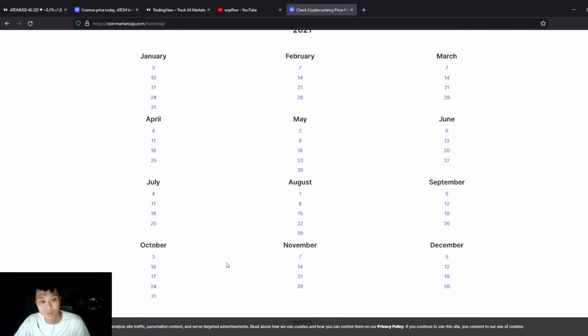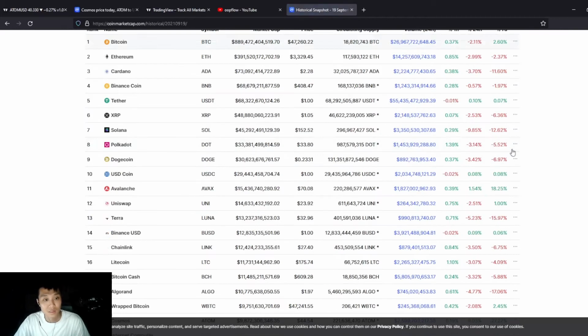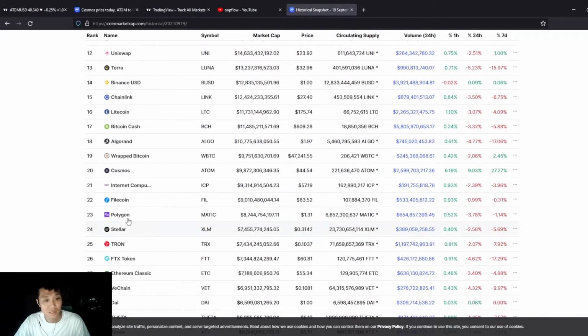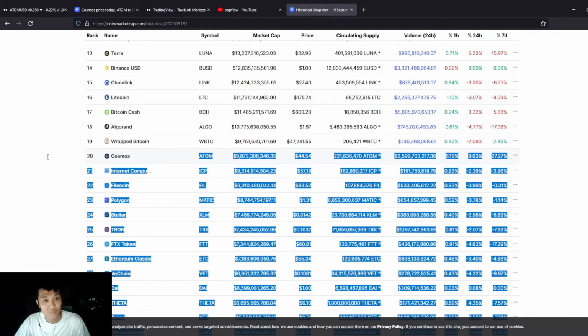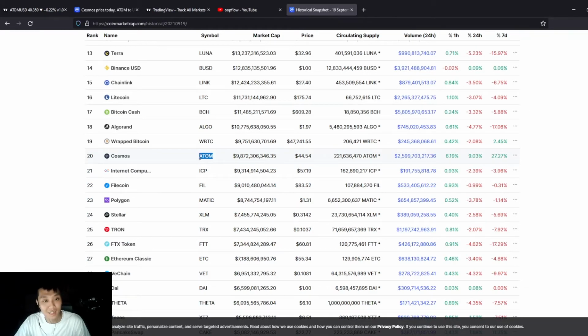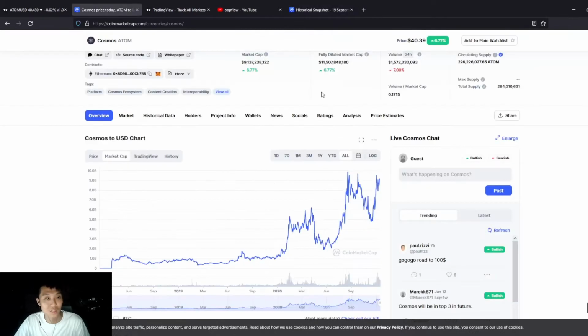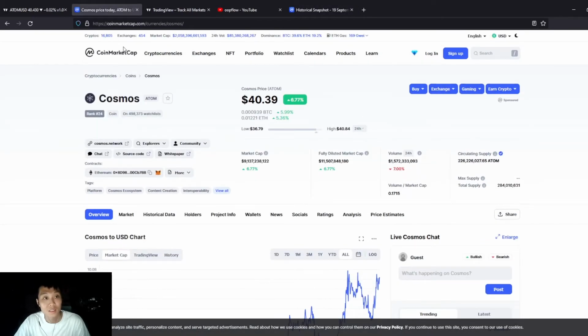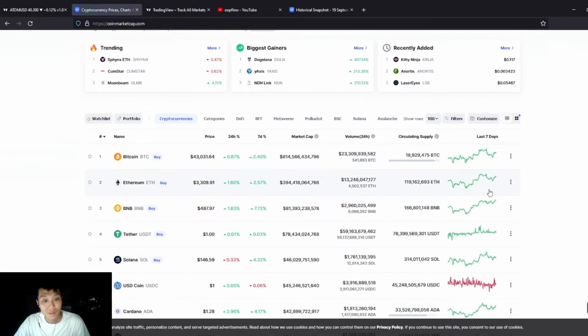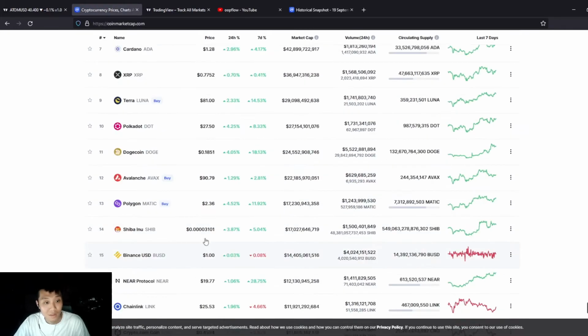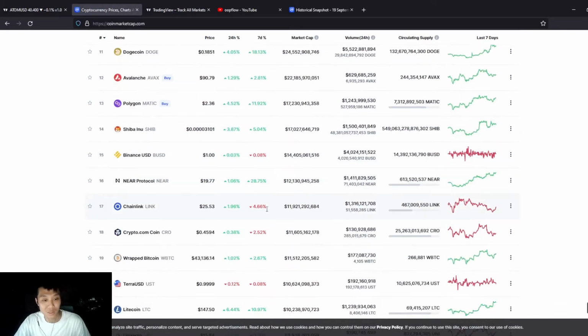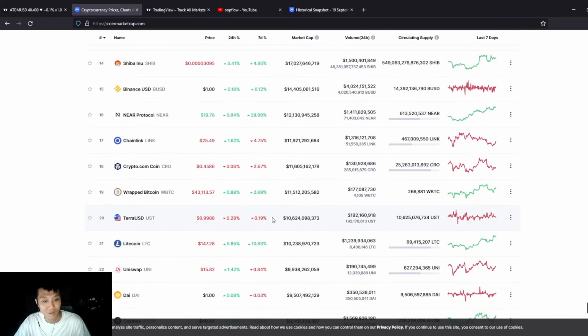2021, September the 19th. Okay. And then we go ahead and look at the ranking of Atom. So we can more or less get a sense that if Atom decides to go up, the most it could realistically go is rank 20. So if we go ahead and just look at the current rank 20, that's not to say that it can't go past rank 20. You get a ballpark of what to expect.